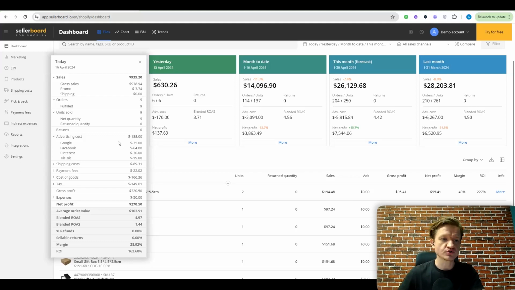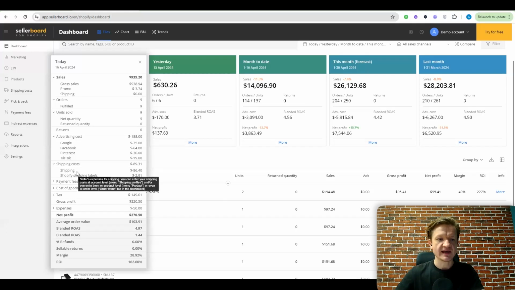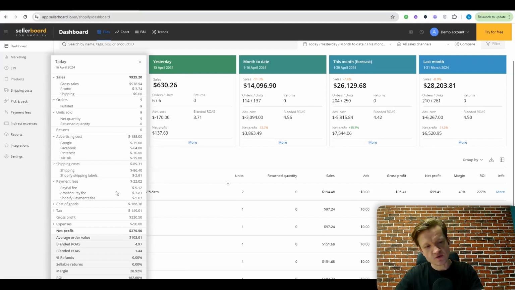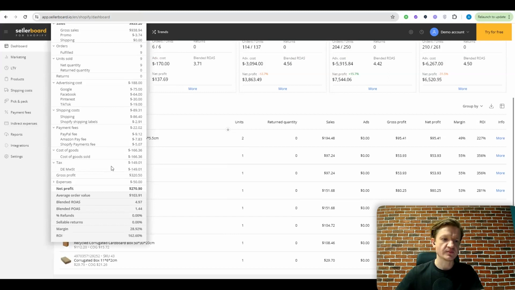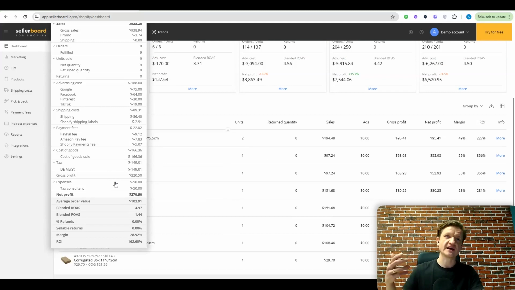But I'm not going to get ahead of myself. I'm going to present it in more detail in a minute, just to know that you will also see those costs right here under the advertising costs tab in your profitability calculations. So then you will have your shipping costs and your payment fees, or in other words, your gateway fees, obviously cost of goods, taxes that you might pay in your region, your additional expenses, which are the overhead expenses that you might have that are not necessarily related to your shipping or to your transaction fees, but something that also is a part of the business but goes outside of that list.